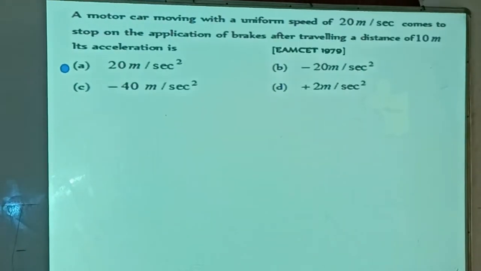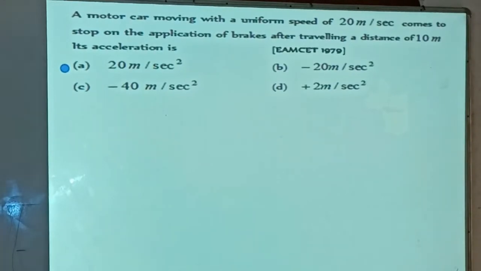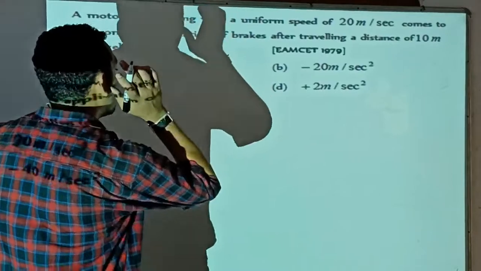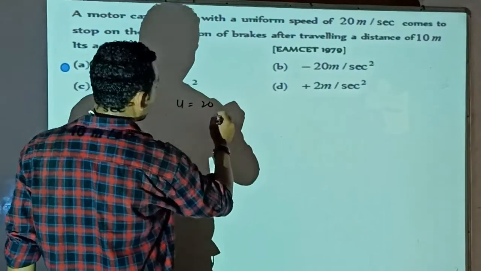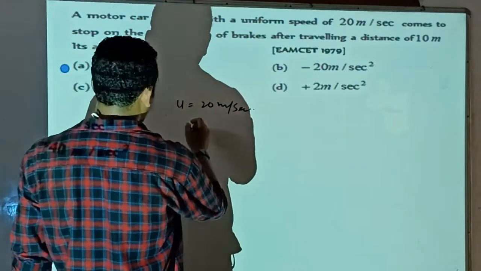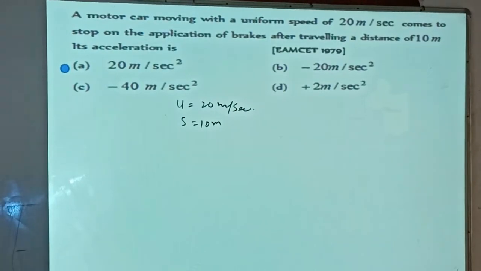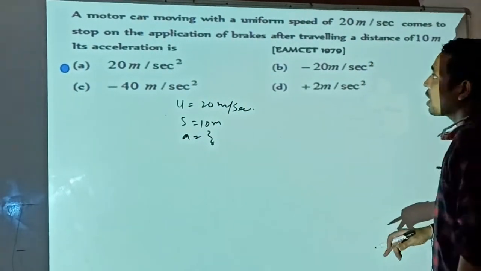Okay, so our next question is: a motor car moving with a uniform speed of 20 meter per second comes to stop on the application of brakes after traveling a distance of 10 meter. Its acceleration is? So suppose we take the uniform speed as the initial velocity, that is u is given, and the value of u is 20 meter per second. Displacement has already been given, that is s is equal to 10 meter, and you are asked to find the value of acceleration. a is not given, so your job is to find the value of a. Okay, since the motor has been stopped after